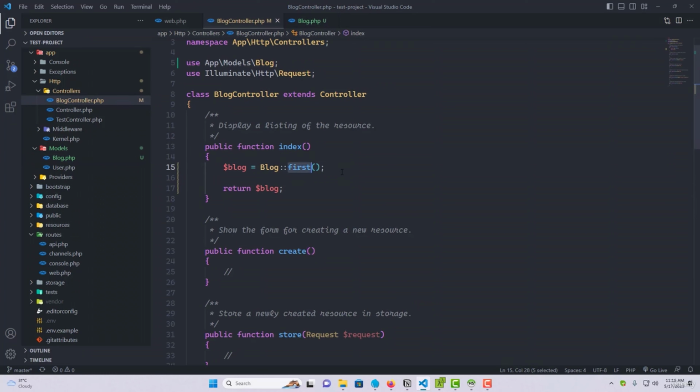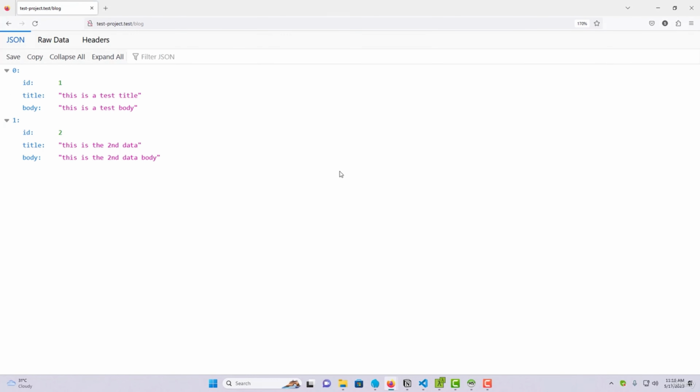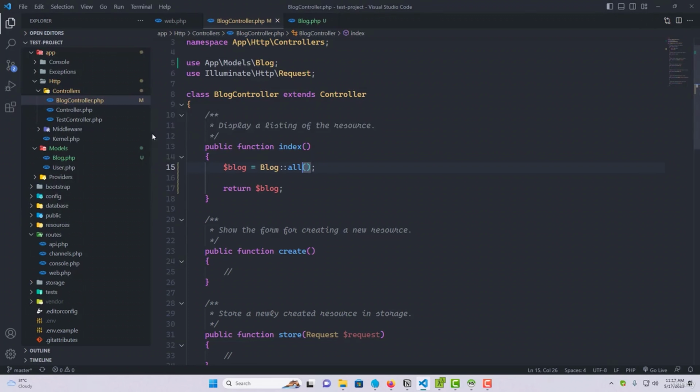Let's go to the controller again. Instead of fast, I will add here all again. Let's go here, refresh this page, and as you can see, we are still getting the data because we followed the Laravel convention. As I said, when you are creating a model, the model name should be the singular form of your database table name, and the table name in the database has to be plural. So Laravel's service container will automatically resolve this naming convention, and without any issue you can access your